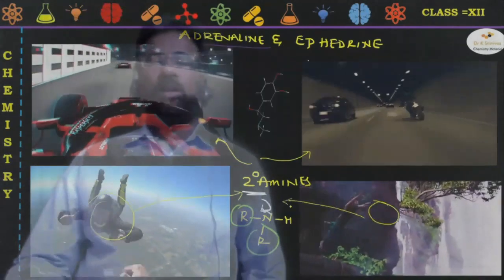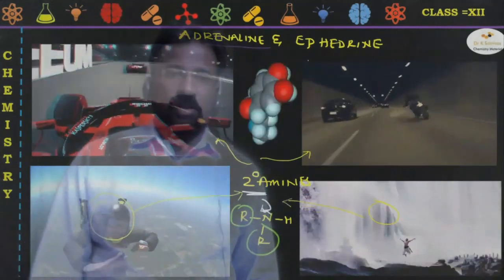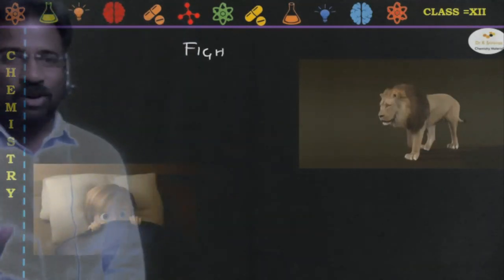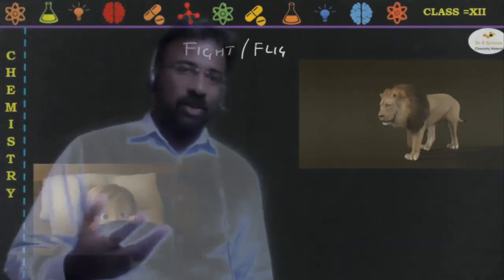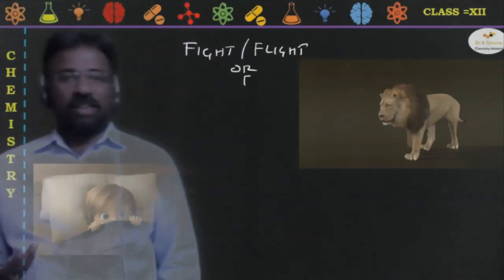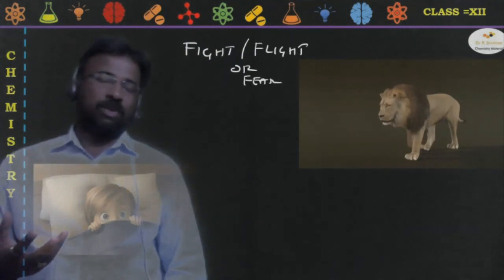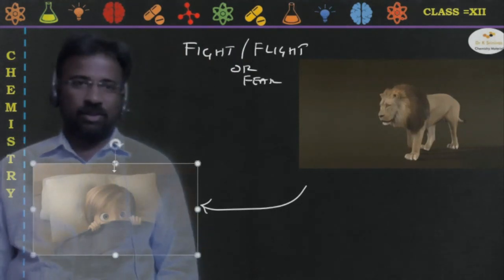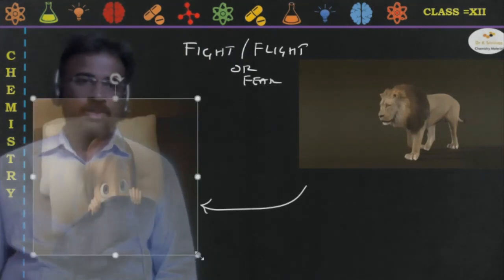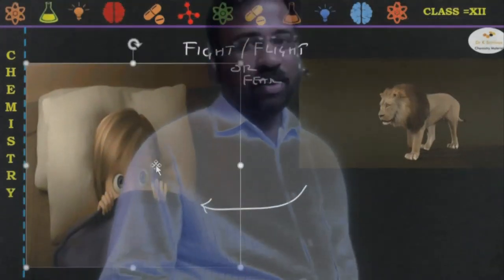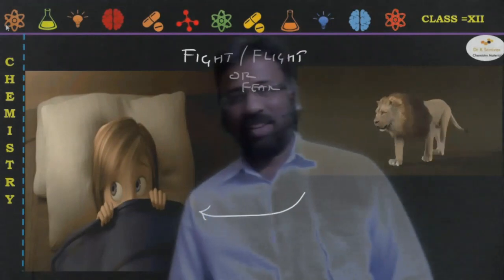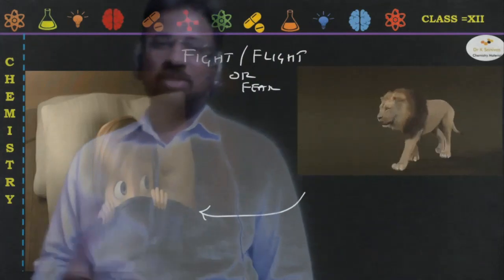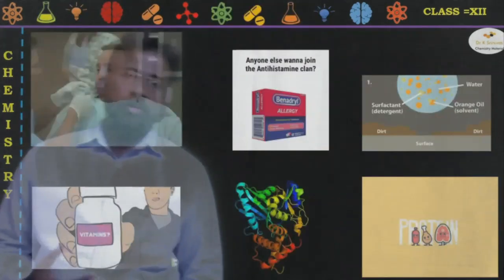Okay, let us go to the next one, dear students. So far we have done primary and secondary amines, and of course, we forgot to introduce this one. Not only in excitation, but whenever you are feeling tense or fear, then obviously we are going to see the release of the same chemicals. Just I showed one picture here, dear students. If you are having something like a lion, then what do you feel? Will you go near that one or far away from that? Obviously we are moving away from that one, out of fear.